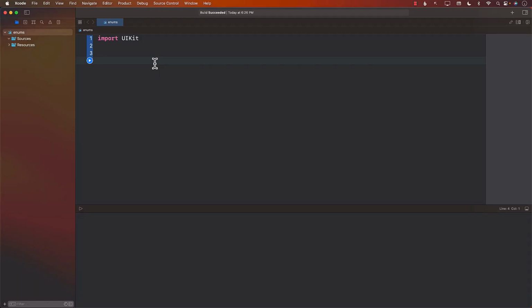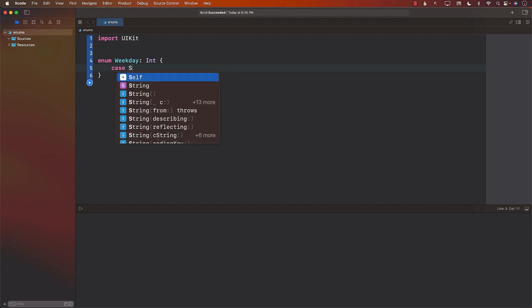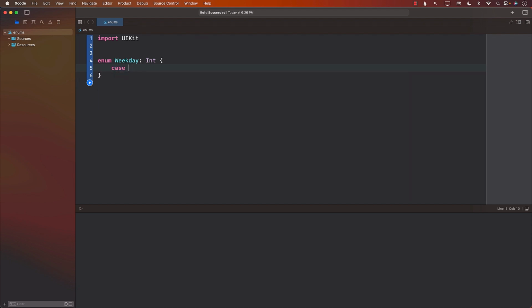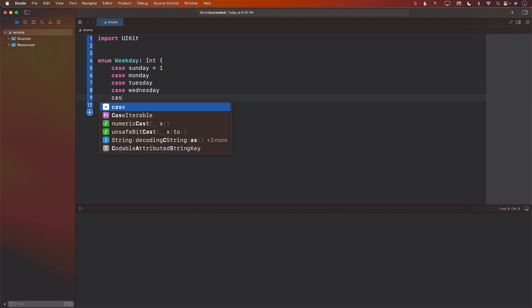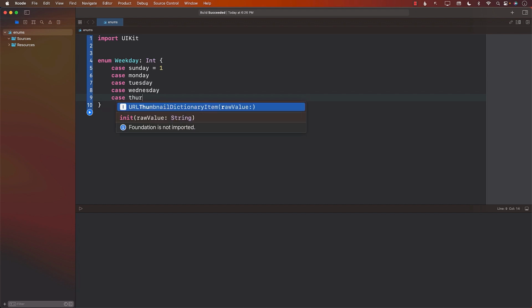We will start by understanding raw values in enums. Let's say that I have an enum called Weekday, which is an integer. And I go ahead and create Sunday, and I'll assign the value 1. Now, if I have some other cases over here, let's say Monday, Tuesday, Wednesday, Thursday,